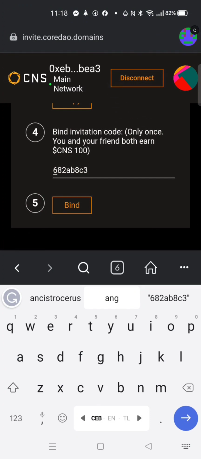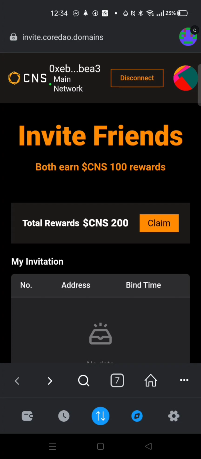Then bind. After you bind using my referral code, you can see CNS 200 and claim.